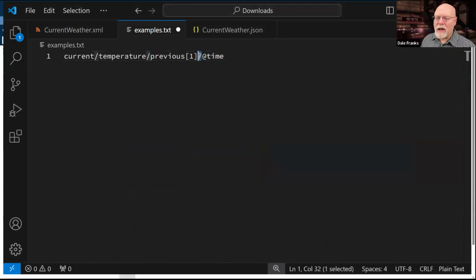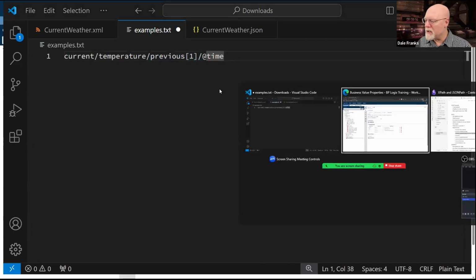Anytime I am dealing with an array, if I want a specific item in the array, I need to specify it by placing the index number inside that bracket. Once I know which of these 4 items in the previous array I want to see, I can put my slash and then my at time, and I can return the time that previous REST call was made.